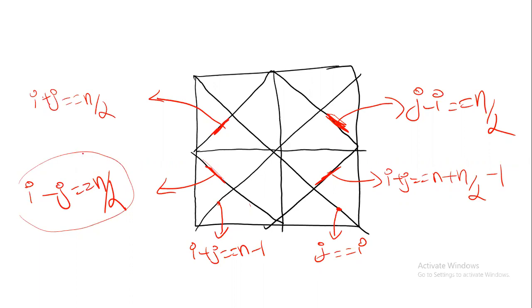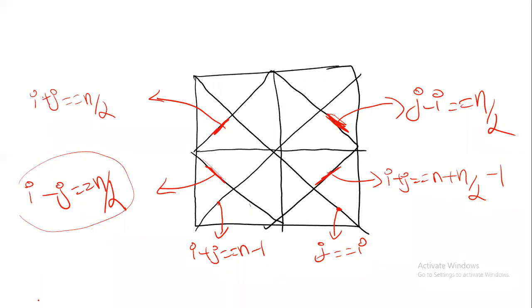After remembering this line equation, you have to derive one more line equation, right? What you have to derive? Keeping j on the left side, everything else on the right side. That you have to do. So why that you have to do? Because if you have to do area, then that is the only way. So we will do that now.